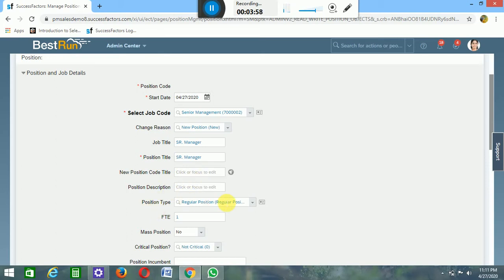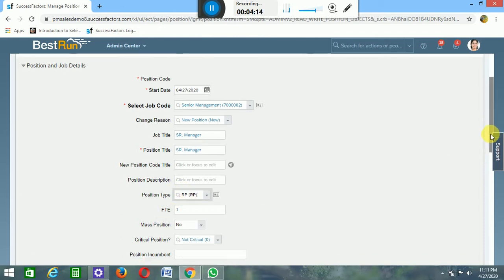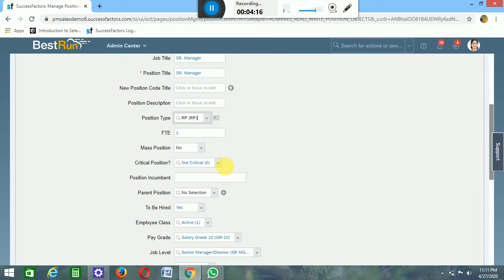Position type: is it regular or contractual? It is regular. FTE should be 1. Mass position, no. Critical position depends: if it is a critical position then give it as critical, or if it is not critical then give it as not critical. Then we come to